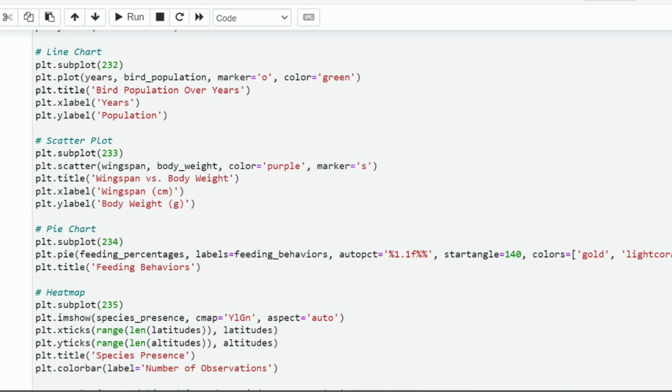Now you can see these subplots again for feeding percentage and feeding behaviors. Similarly, these are similar types of charts. You just need to try it on your end and you will be very good at it the moment you